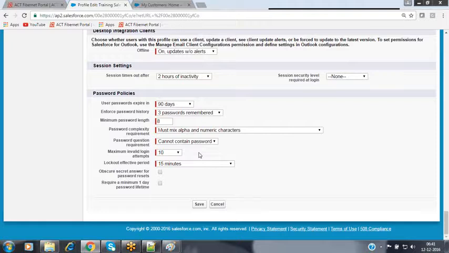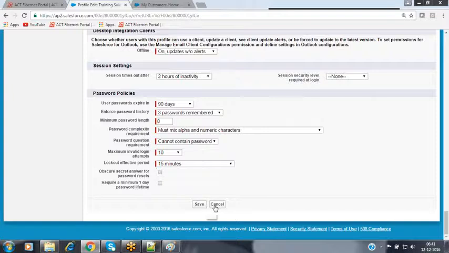In the same way in Salesforce, for how long do you want the account blocked? After how long would you like to reactivate the account again? For that, it gives the options 15 minutes, 30 minutes, 60 minutes, or forever. Forever means it cannot be reset automatically. If you want to reset it, you have to contact your Salesforce administrator, and the administrator will reset your password. For that, you have to specify these options here.